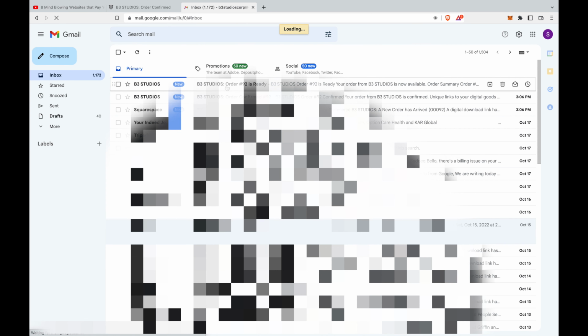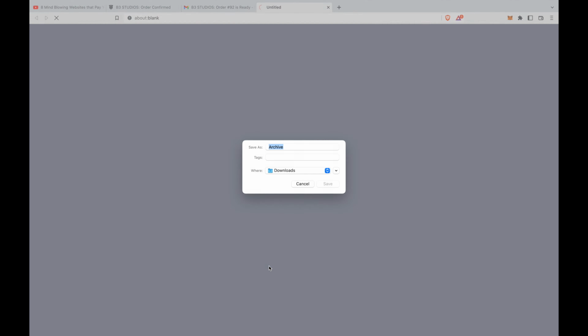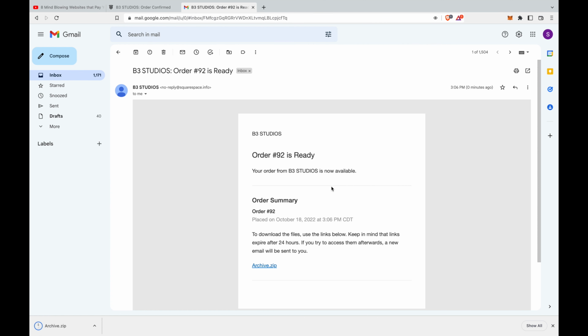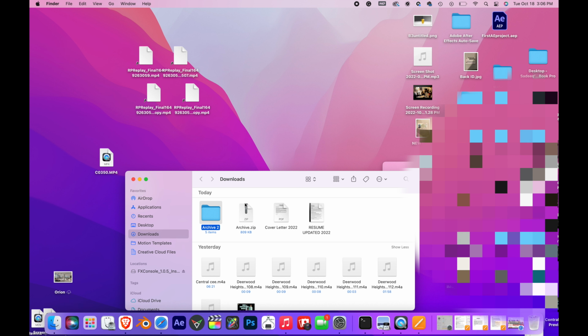Now after that, you want to open your email and go to where the plugin was sent. And just click on this link right here. Gonna save it. Open it up. Now once you find this right here, which is